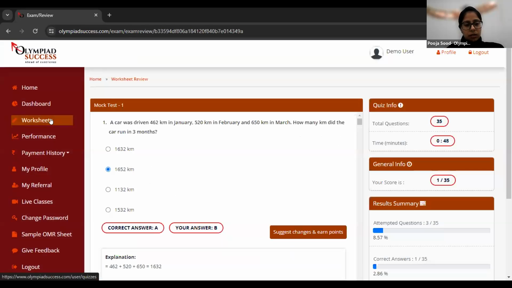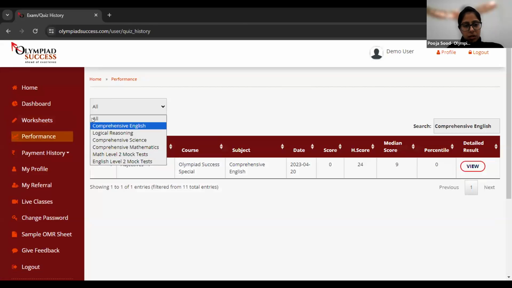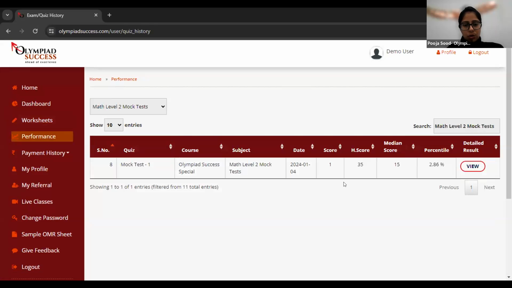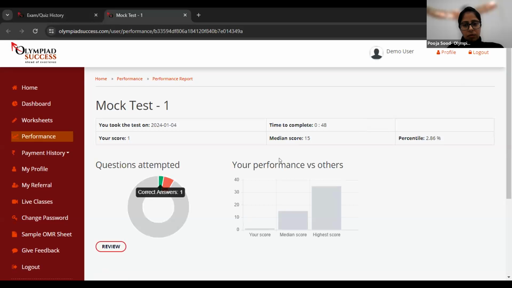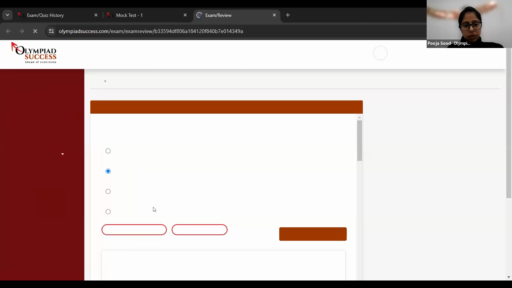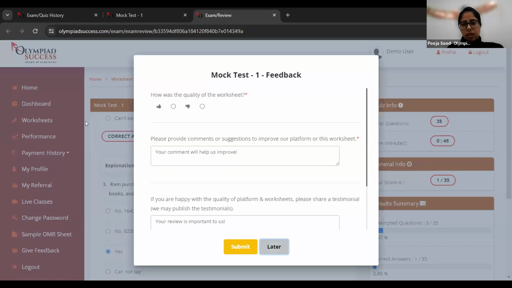So you'll click the icon which is right under this worksheet icon. This is performance. Okay. So again over here, you'll click your subject. You'll select your subject, which is mathematics. You can all see over here that I have attempted one paper as of now, and I got my performance over here. See, I attempted 3 questions, of which one is correct and the other 2 are wrong. So in this way, you'll get your mock test papers.